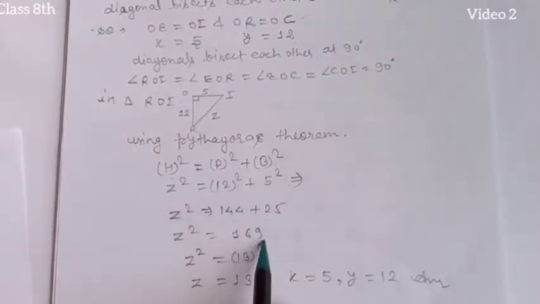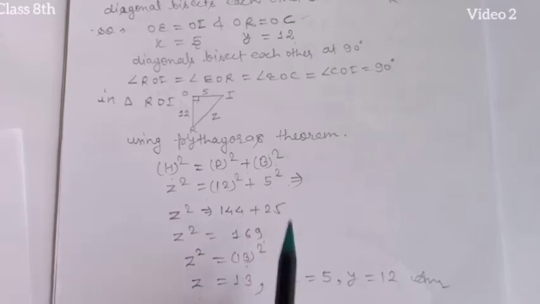To add both, we obtain 169. Z square equal to 169. So again students, we can factorize this term. After getting, we obtain 13 square. So the square is cancelled with the square, then z remains only, and the base is 13. If the squares of the two sides are equal, we can cancel them. So z equal to 13. So students, in the above question we obtain the value of x as 5, y is 12 and z is 13 are the required values.